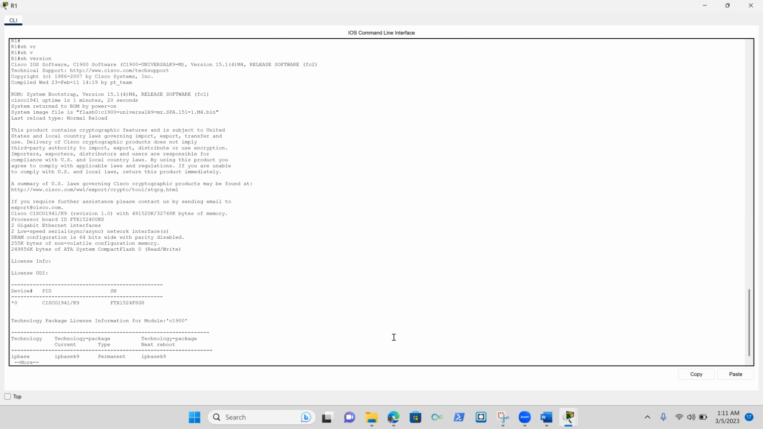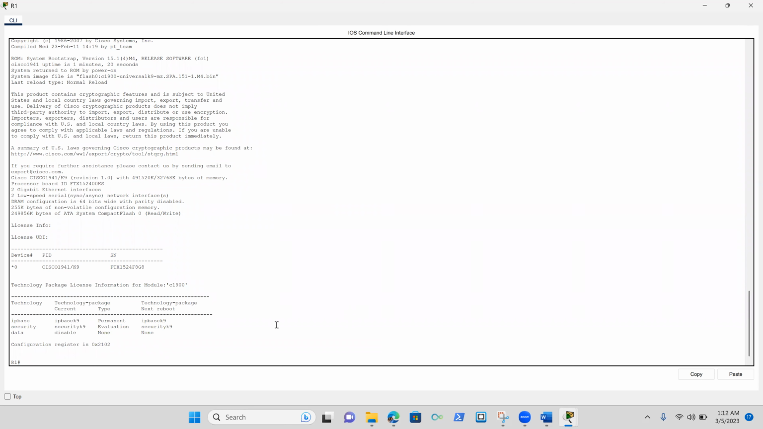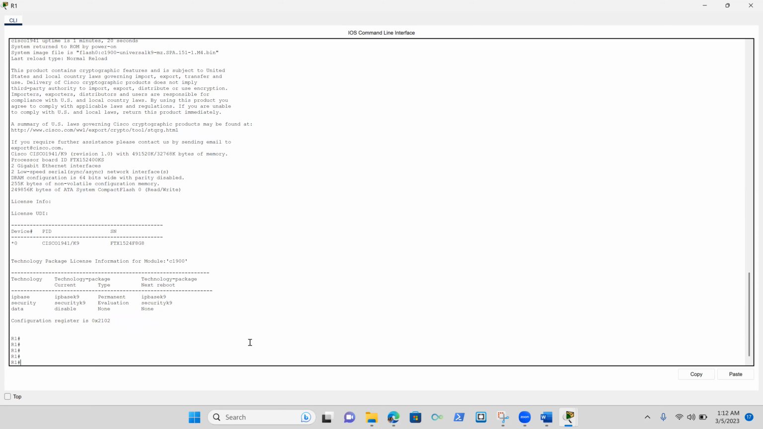So let's go ahead and try from router one. So from router one, what we're going to do is, so here you can see the security that we have updated the router to, it takes place. Here it's the version that we have. So now let's do